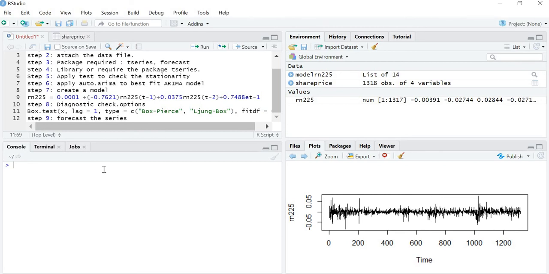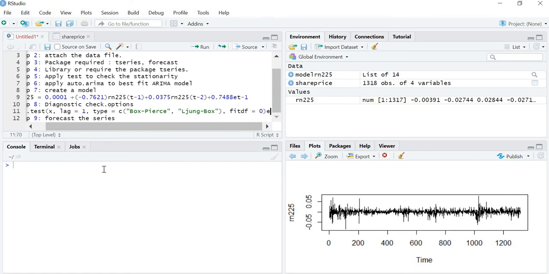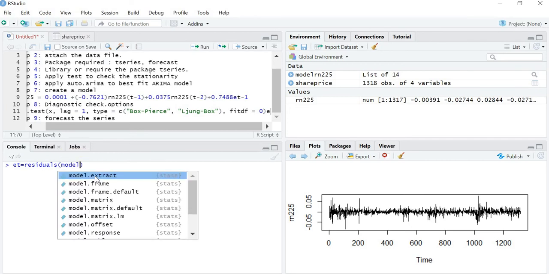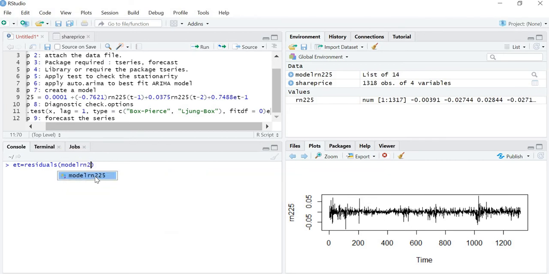So first of all, let's create the parameter. I am storing the value in ET. So ET is equal to residuals, and we have to write the name of a model. Our model name was model RN225.